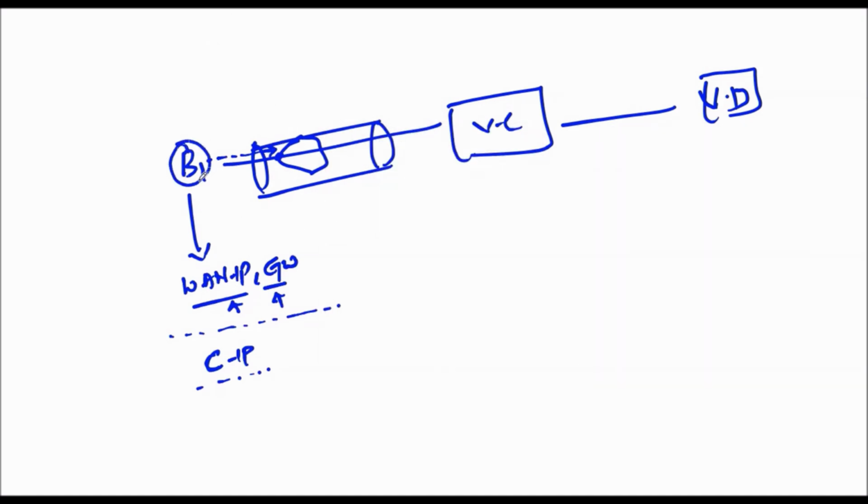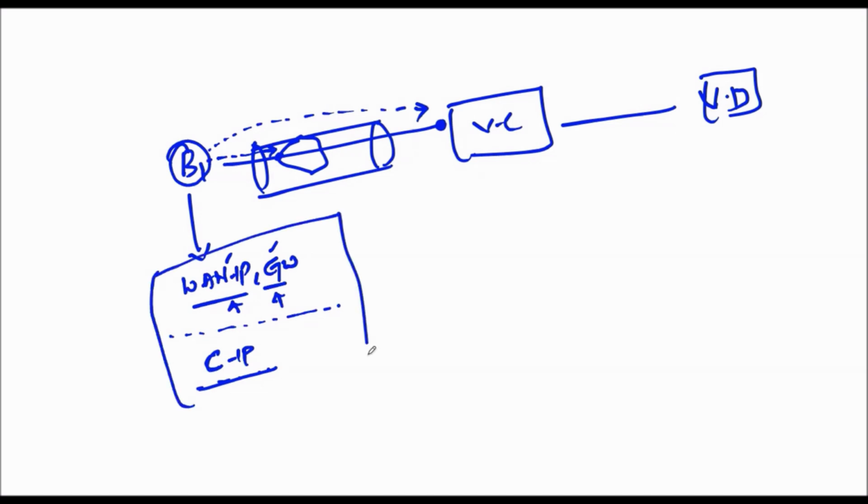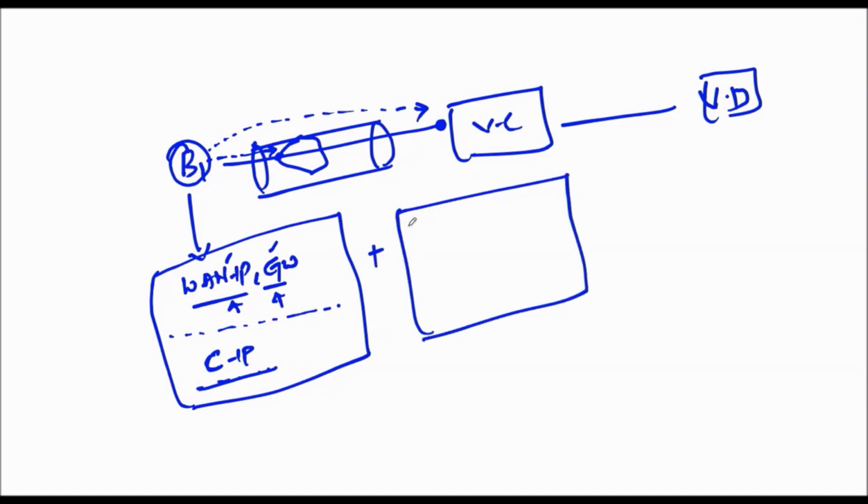Right. So when it comes to the branch, what information does it need? It needs the WAN IP address, the gateway IP address, and the controller IP address information. In order to establish the tunnel, it needs reachability, so we are providing the reachability information. Plus, in order to establish the IPsec VPN, we need the VPN authentication parameters, such as IKE ID parameters: what is the local IKE identity and what is the remote IKE identity? Then the additional parameters.